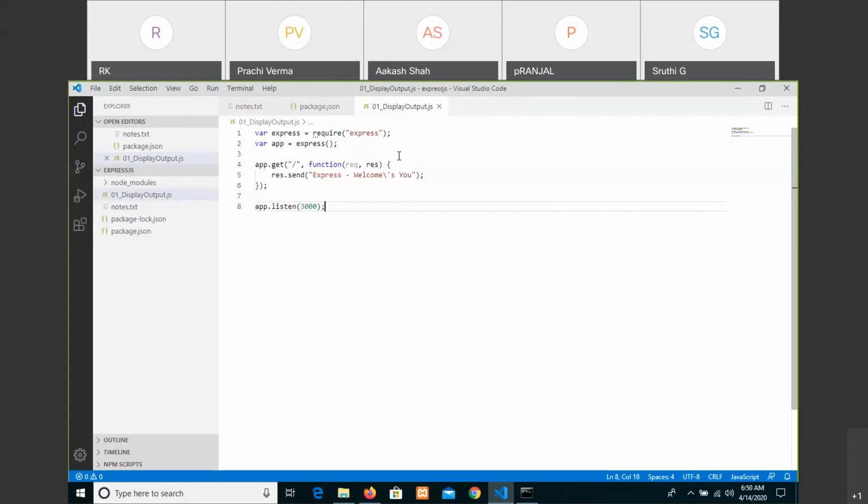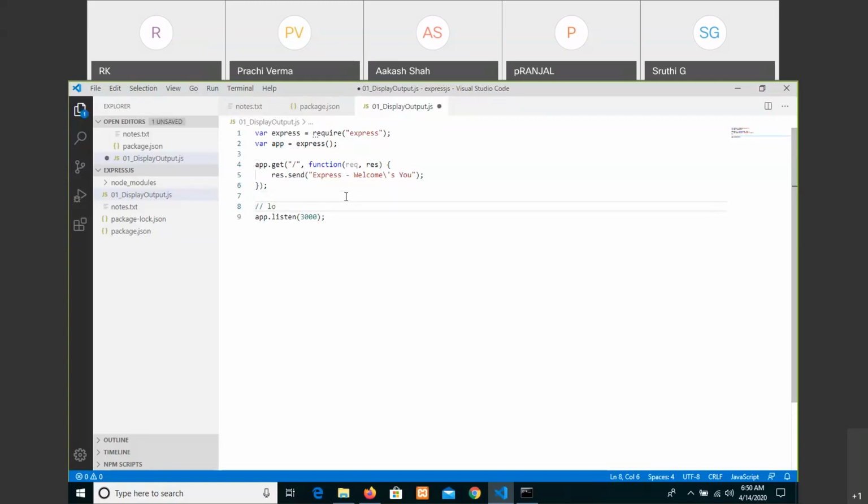So the first two lines are loading or requiring the Express module. The next statements are the output we are expecting, which we get using the response, and send is a built-in method that sends that matter to the browser. A local server is nothing but localhost.